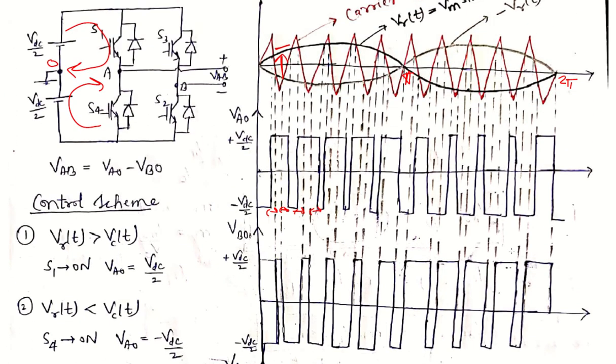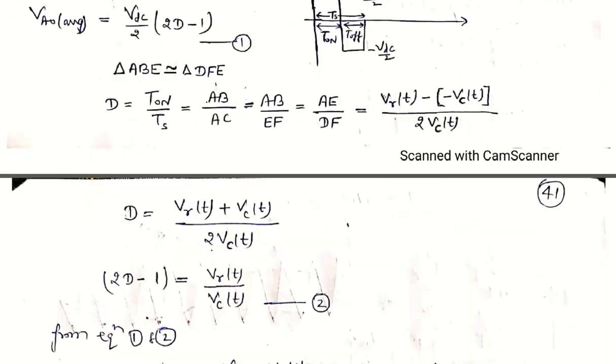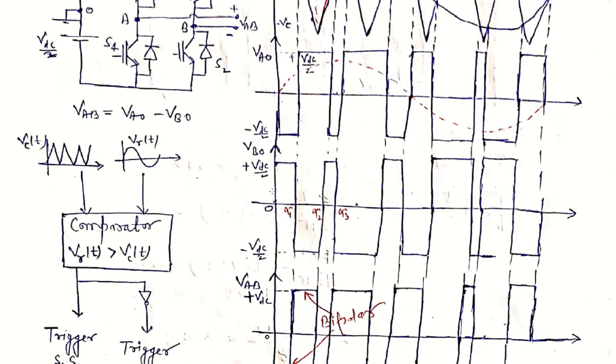This one is the alpha 1. So see in the waveform above, the bipolar technique, and if we know what is the alpha 1, what is the alpha 2. So this point is the alpha 1 point. At this alpha 1 point the output voltage is coming from plus to minus.